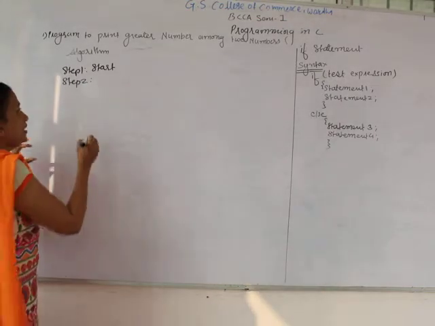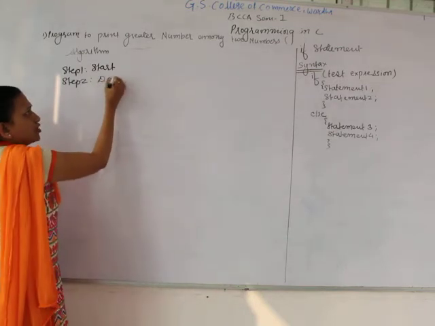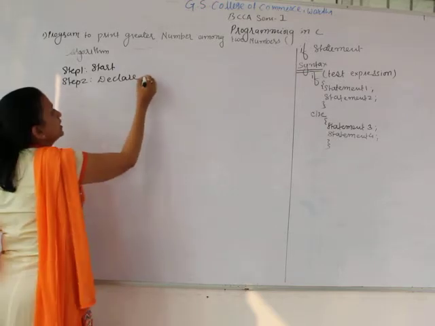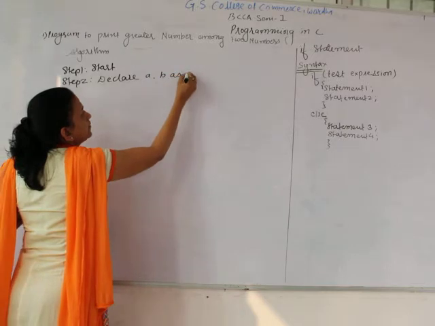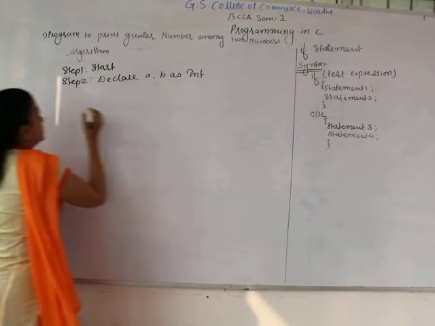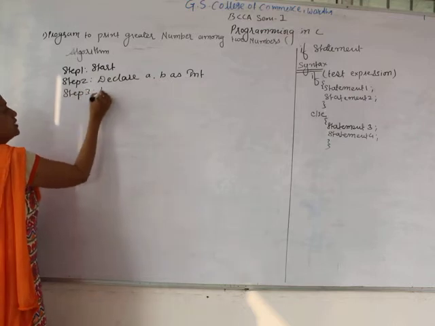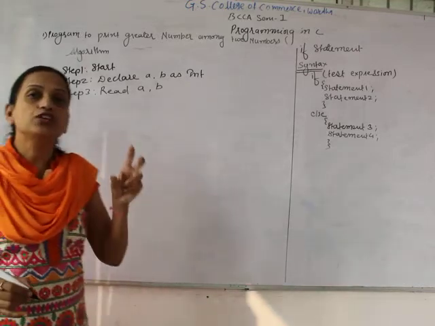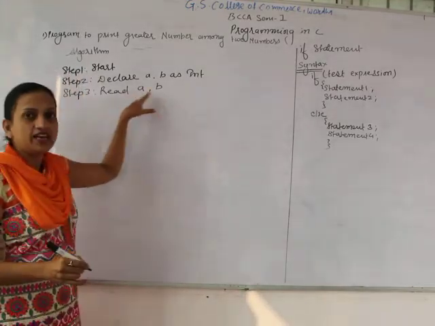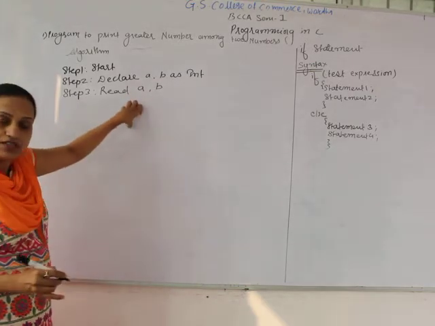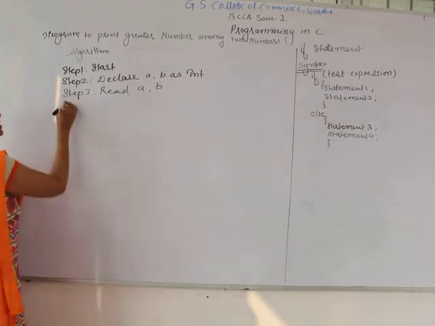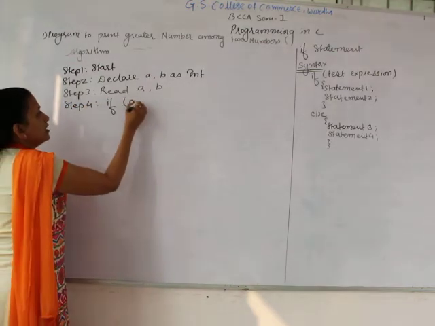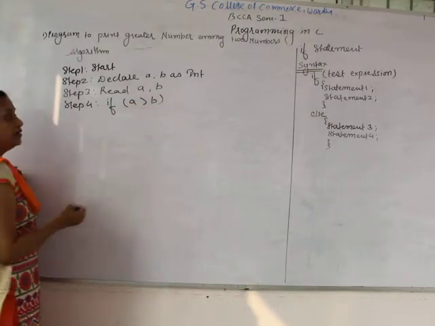Here we first declare, which is totally optional. You don't have to write this statement, you can skip it. So declare a, b as integer. Now step 3: read a, b. Read a, b means you are going to input the values for variables a and b. Once you have input the values for a and b, it's time to check which one is greater. So if a is greater than b, then print